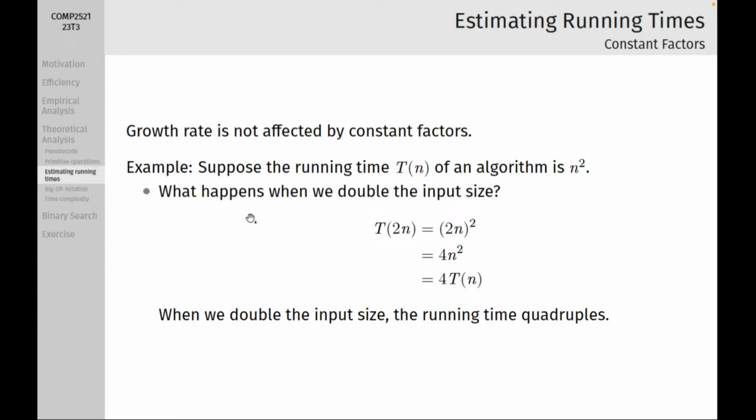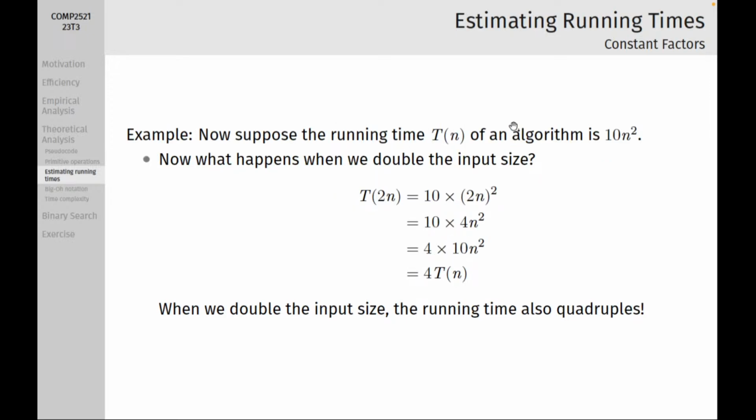Okay, so when we double the input size, the running time quadruples, right? So at the moment, I'm trying to show that growth rate is not affected by constant factors. So let's suppose that instead of the running time being n squared, the running time is 10n squared. So now what happens? Well, we're going to plug in the same thing. So we'll plug 2n into our formula here. So T of 2n equals 10 times (2n) squared. So we're plugging 2n into this expression, and that equals 10 times 4n squared,